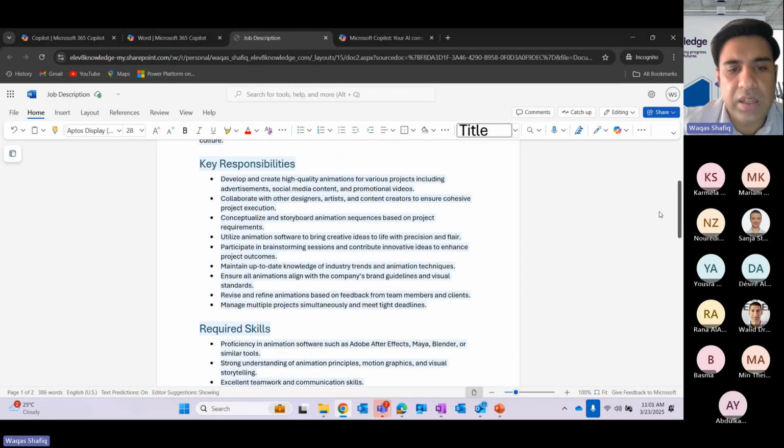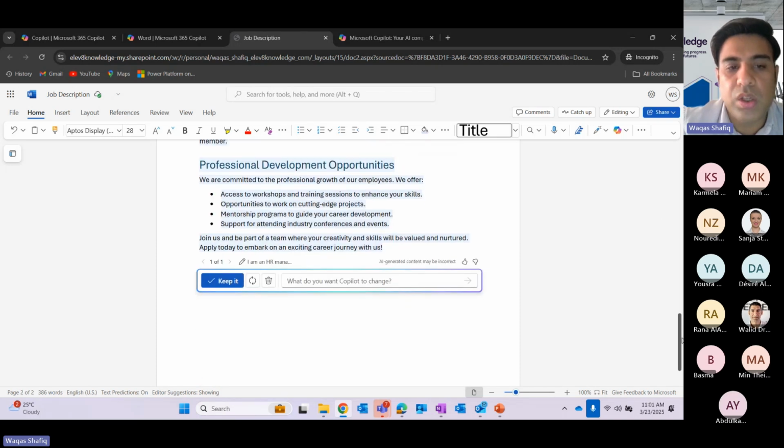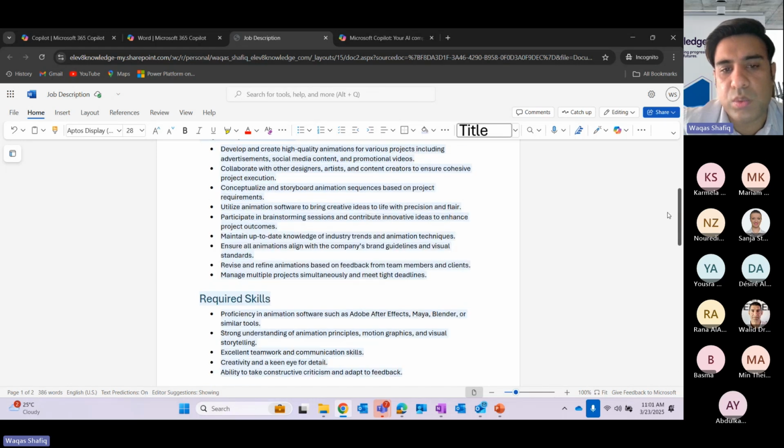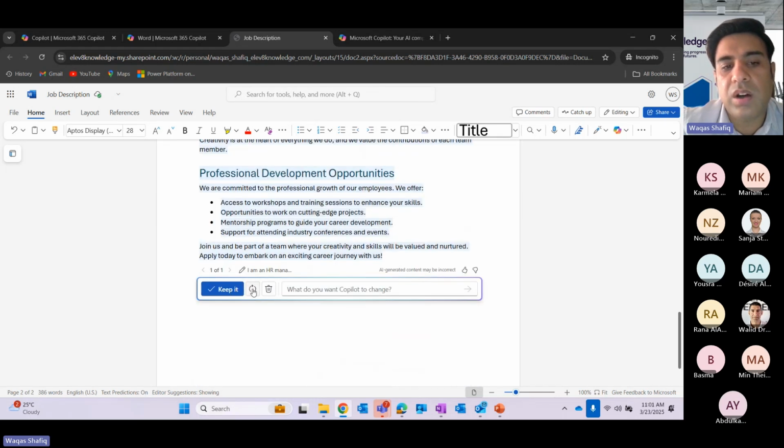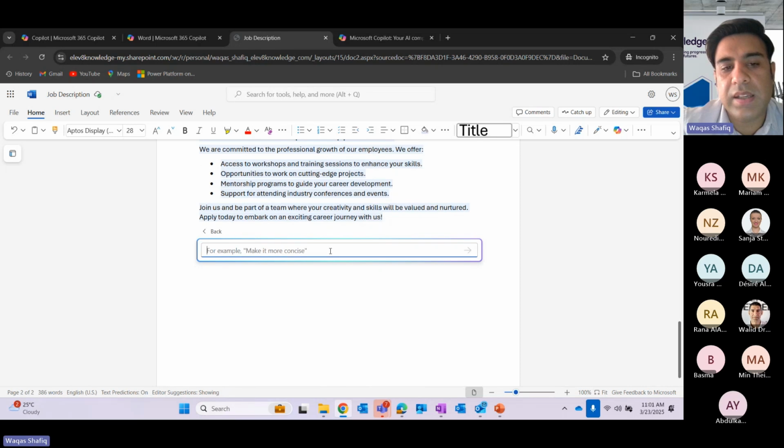So for example, you read it and you are good with it and you want to keep it, or maybe you want to regenerate it. If you don't like this version and you want to regenerate, the option is there. Or for example, if you missed something, you can ask here, for example, you can say write, for example, create a section about contact us by providing